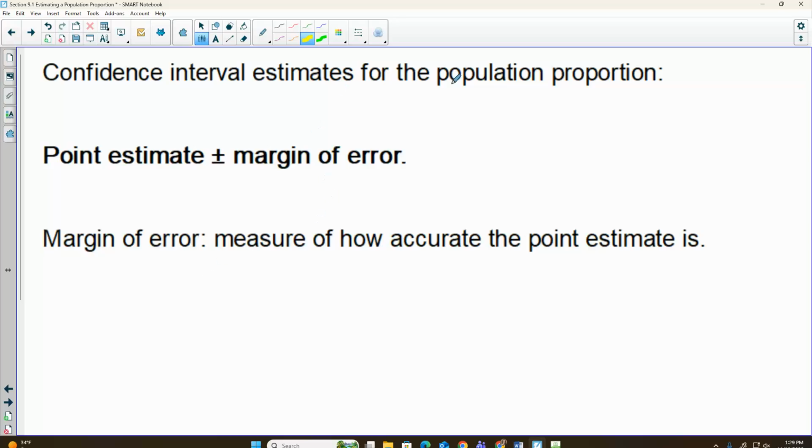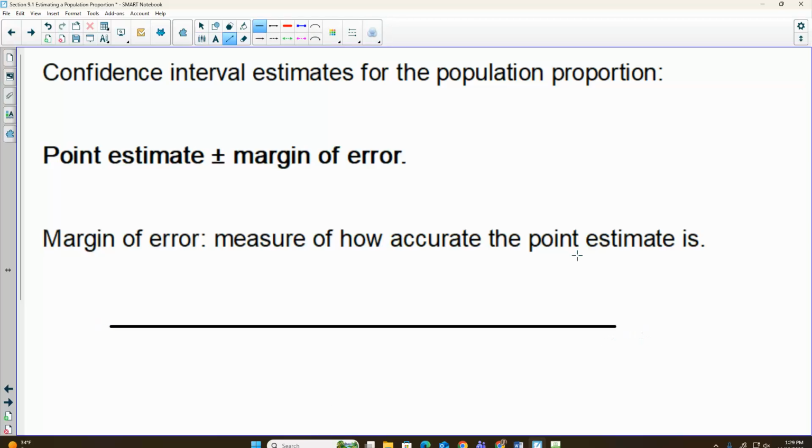So to find a confidence interval, it's our point estimate plus and minus some margin of error. So our 62.98, that was my point estimate. That's the middle. And then whatever my error is, you would add and subtract that to get your range of values. That margin of error tells us how accurate it is. So we're basically creating a window. The middle is our guess. And then we would get a range of values. It should be the same on both sides, so just not uneven.